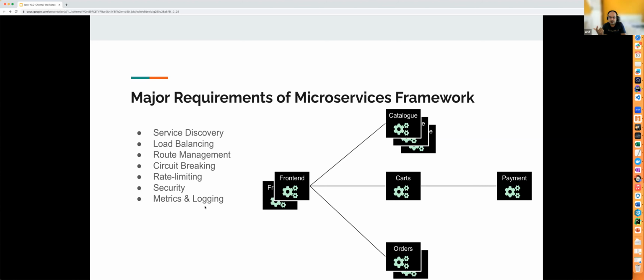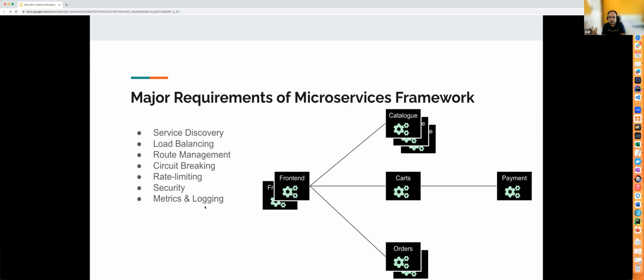Second is the load balancing. Say if frontend wants to communicate to catalog, and that catalog had 3 instances of it running on different IPs and ports. So a frontend needs to decide on which IP and port it needs to connect, and it should be able to balance the load. Say there are 3 calls happening, so first call should go to first instance, second to second, third to third. So this all can be defined by the different policies.